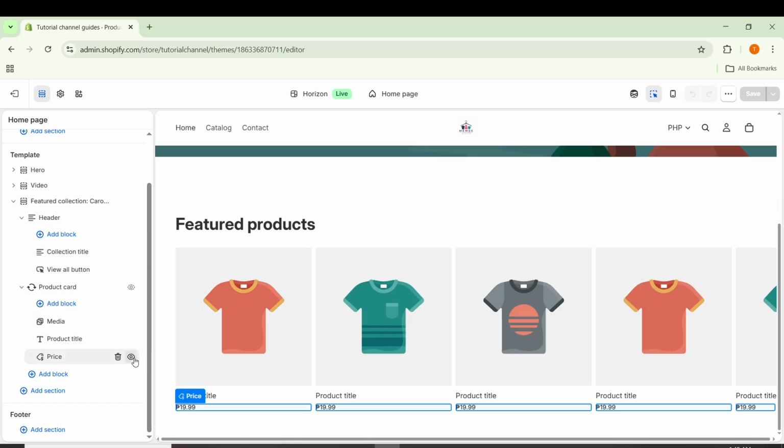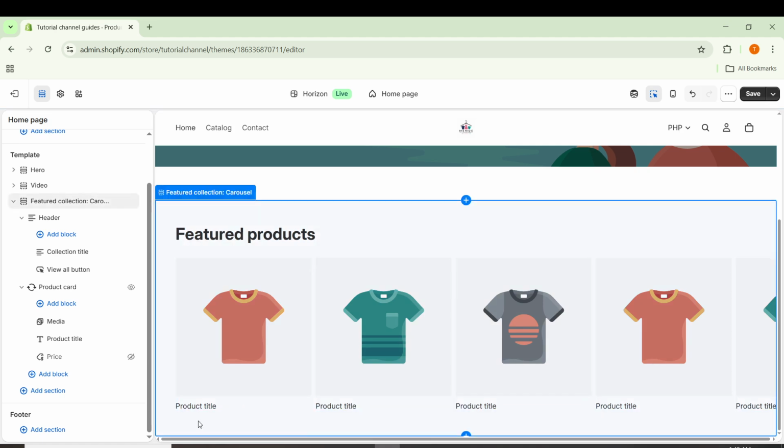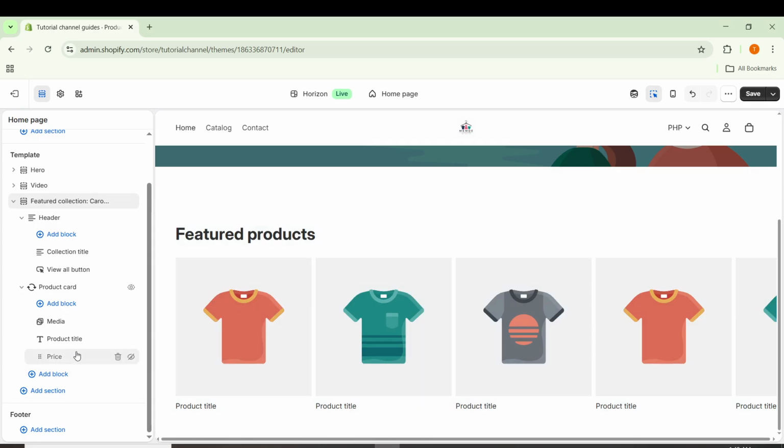After that, review the preview on the right to confirm the price is no longer visible. Make sure you are checking the main product area and not confusing it with other elements like compare at pricing or cart details. Finally, repeat the same idea for other places where product prices can appear, especially on the home